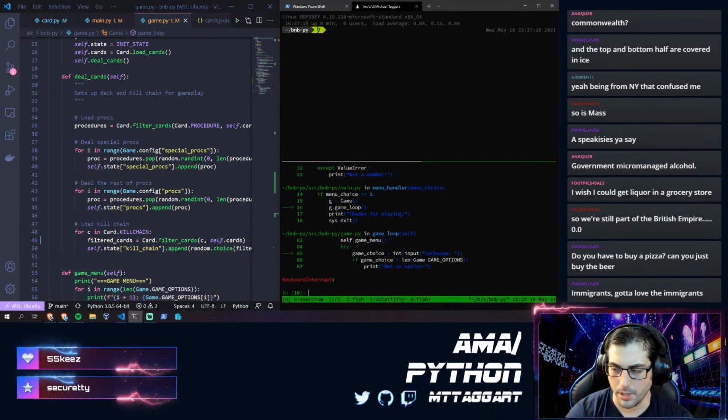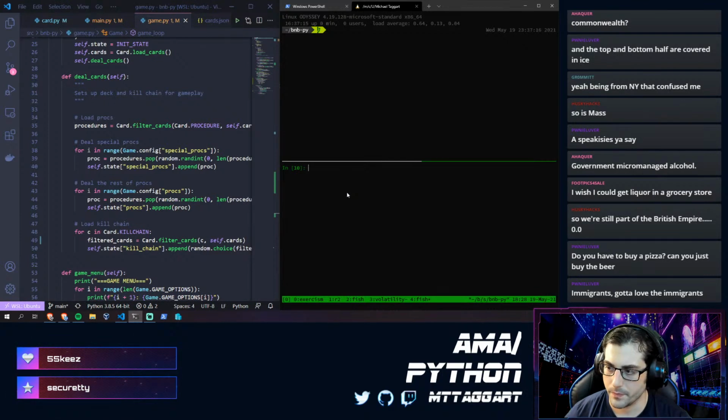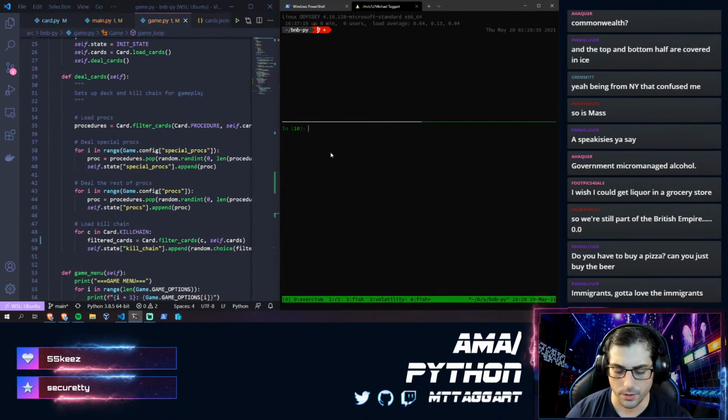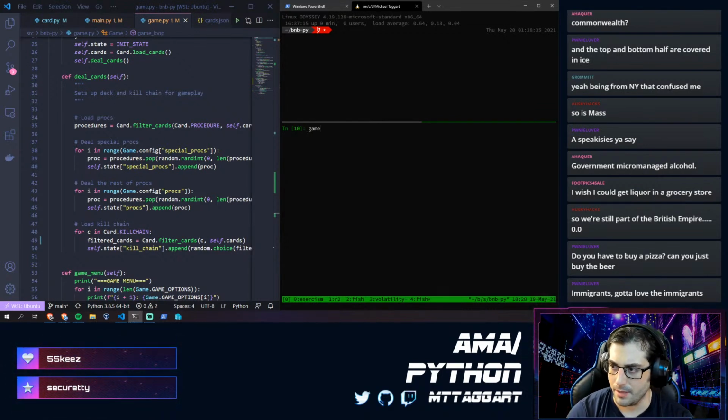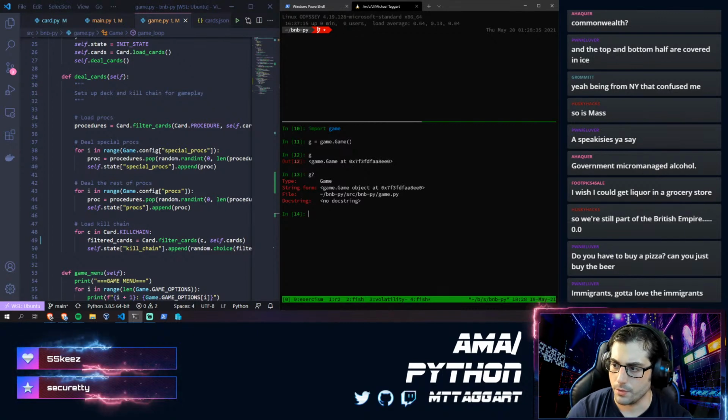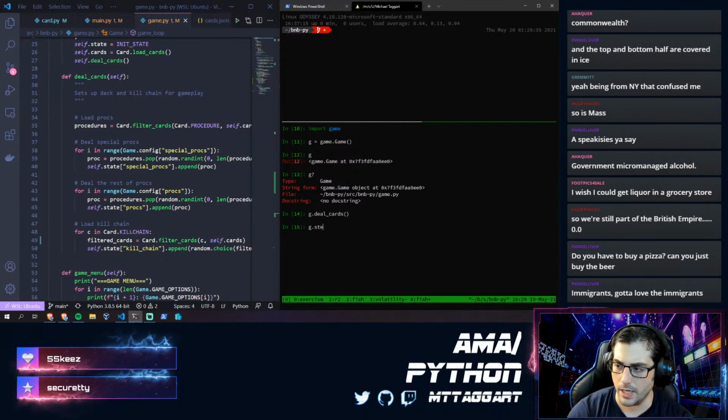So let's debug that a little bit, and that's why I love this interactive Python shell here. Because what we're gonna do is, so I have game, right? Oh, did I not? Let me import game. So if I do game dot deal cards, and I ask for the g dot state,